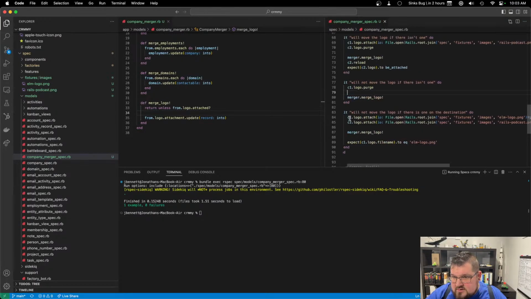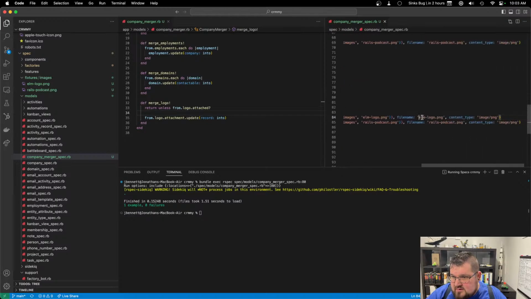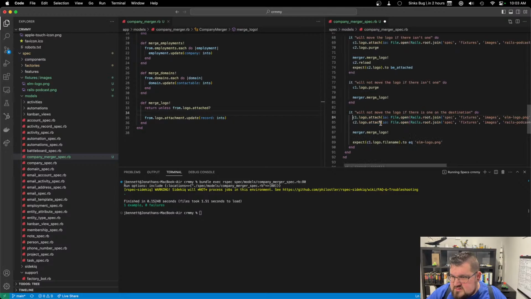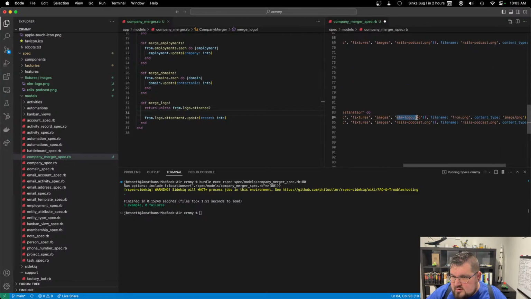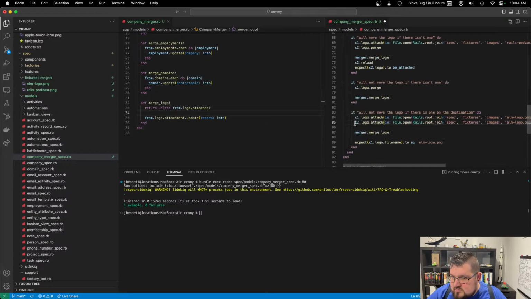So in here, we're going to do attaching C1 is going to have from.png. C2, we're going to upload into.png. We're going to merge them, and then we expect